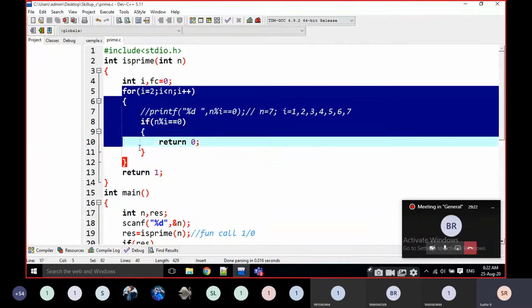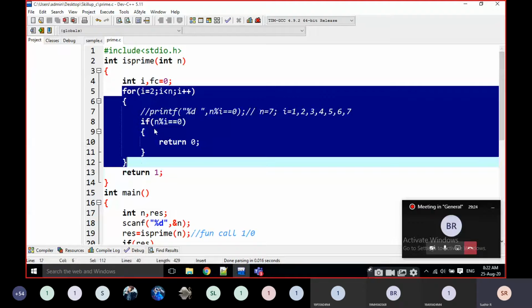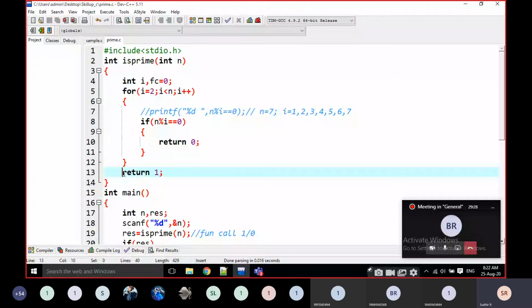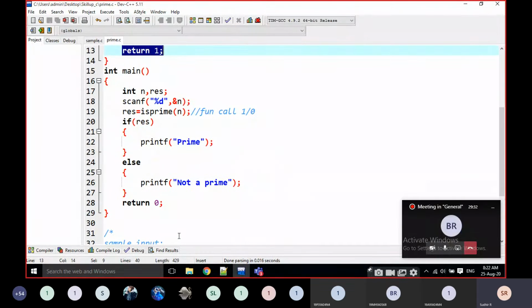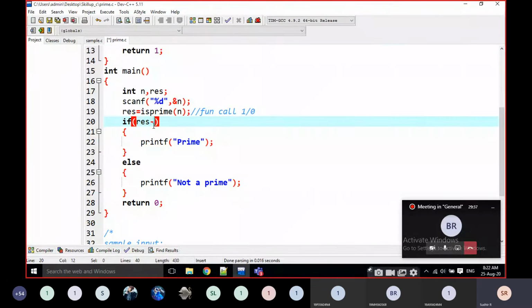That means if the loop is successfully executed, no other number is divisible, so I return 1. That means it is a prime number. Instead of checking with 2, for example, here I am going to check with 1. Instead of 1 also I can write like this. No problem.